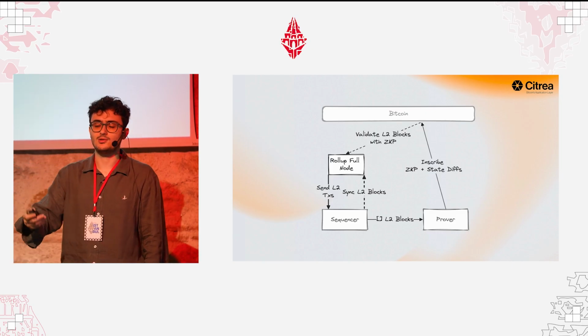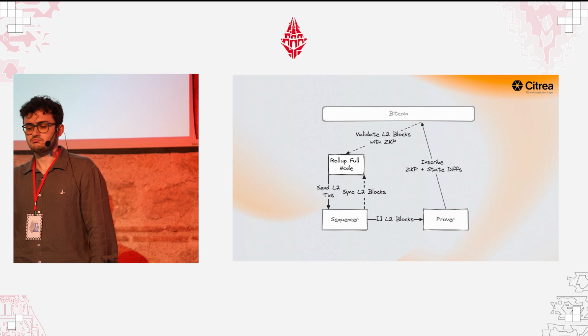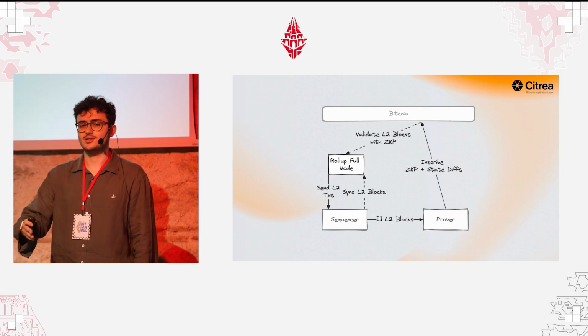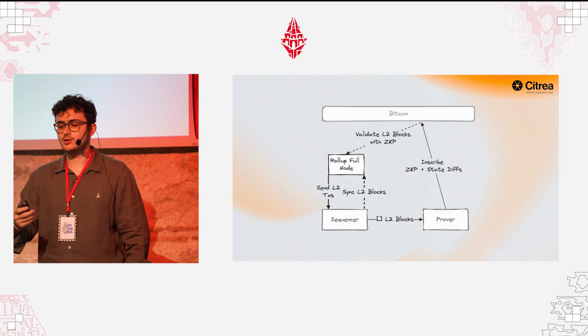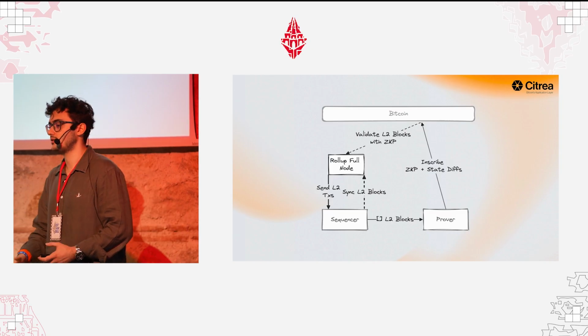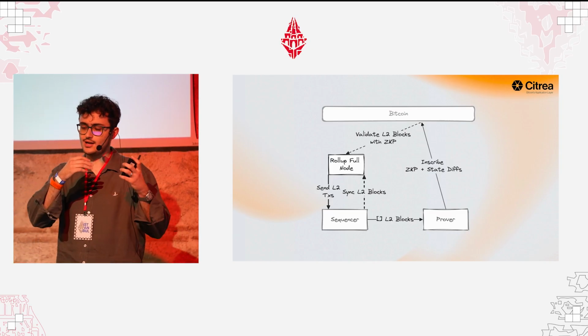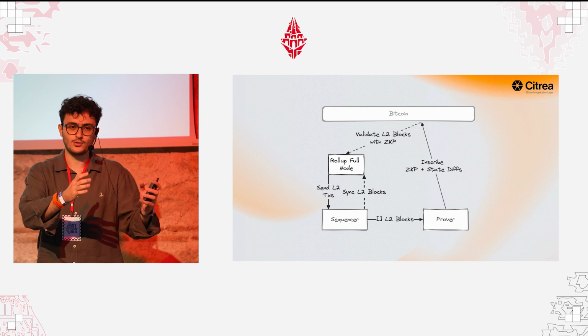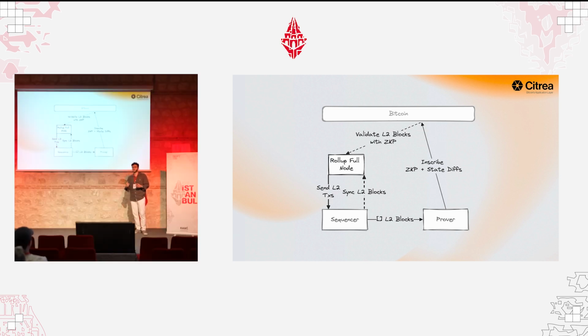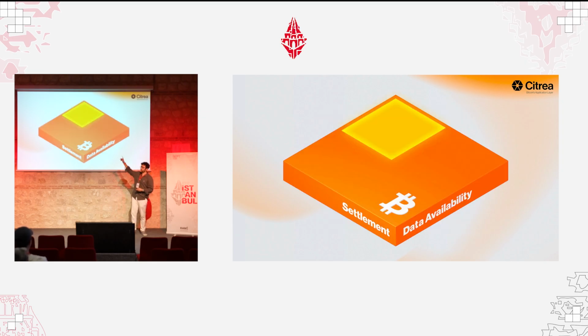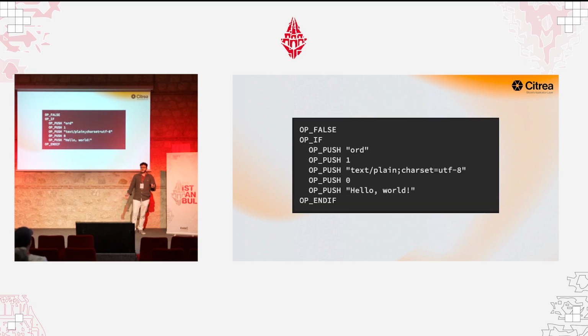There's a sequencer publishing blocks. Some amount of time passes. There is a prover. We call it batch prover, but that's not really important. It groups L2 blocks together, runs them in a zk circuit, and creates the output, which is the ZK proof, and the state diff that's created by all of those L2 blocks. And the prover sends that to that yellow square, basically. And how do we do that?